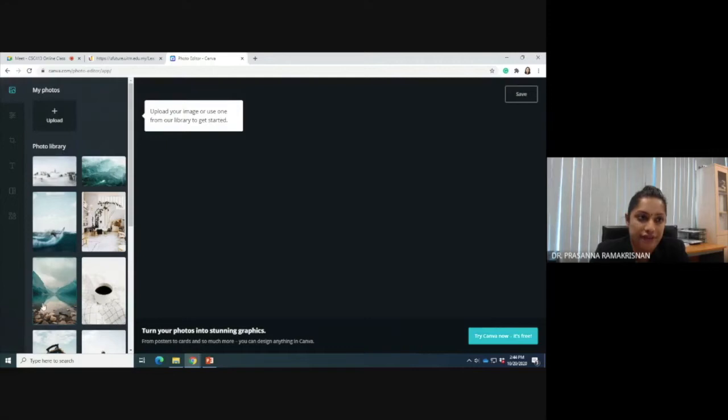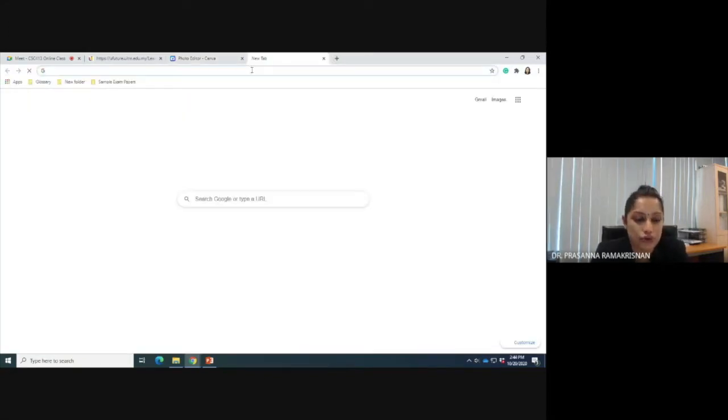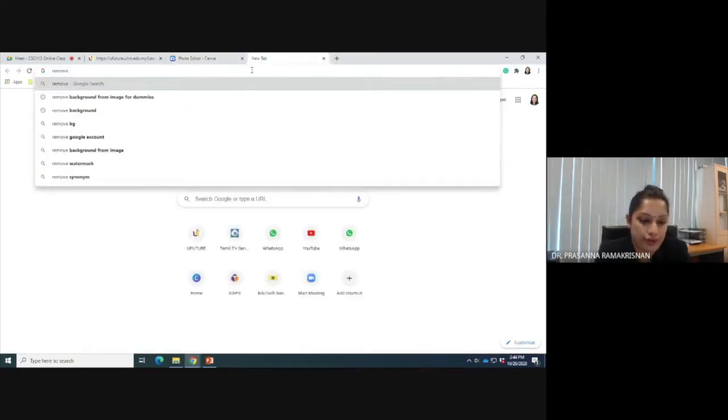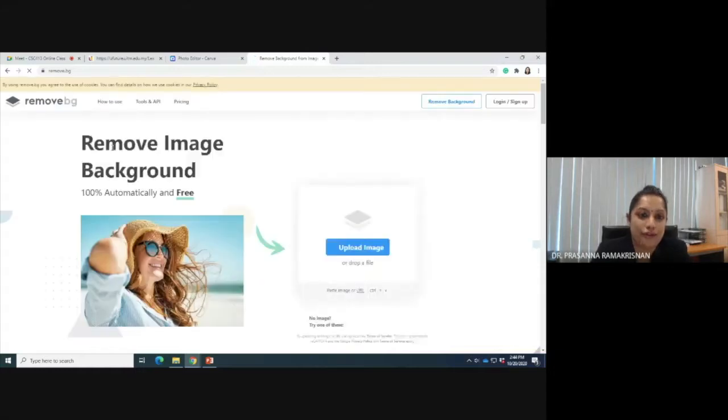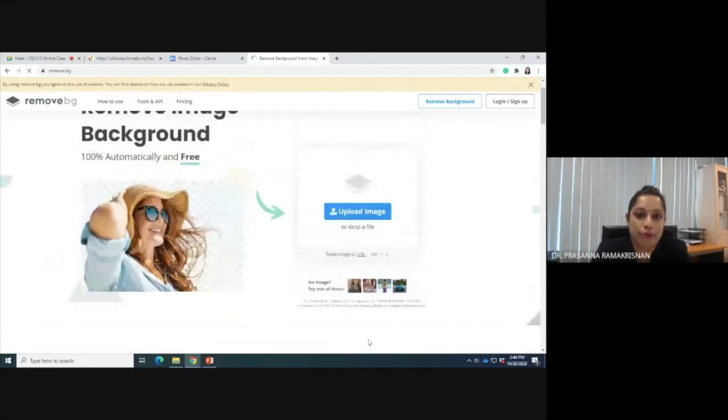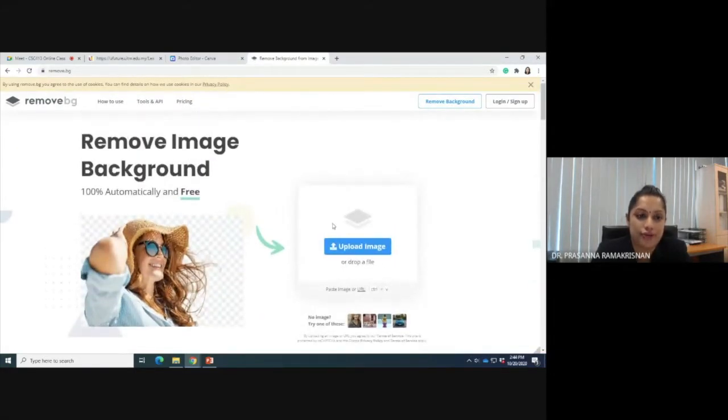But if you have any background that you want to remove, then I suggest you go for Remove BG. Remove BG will give you a nice removal of background for free. So you can upload the picture here and you can remove the background easily. So this is another tool that you can use.